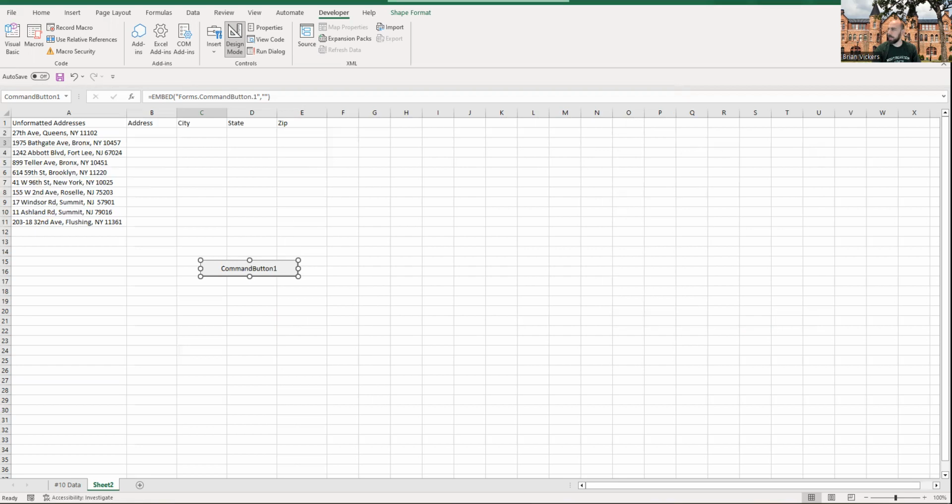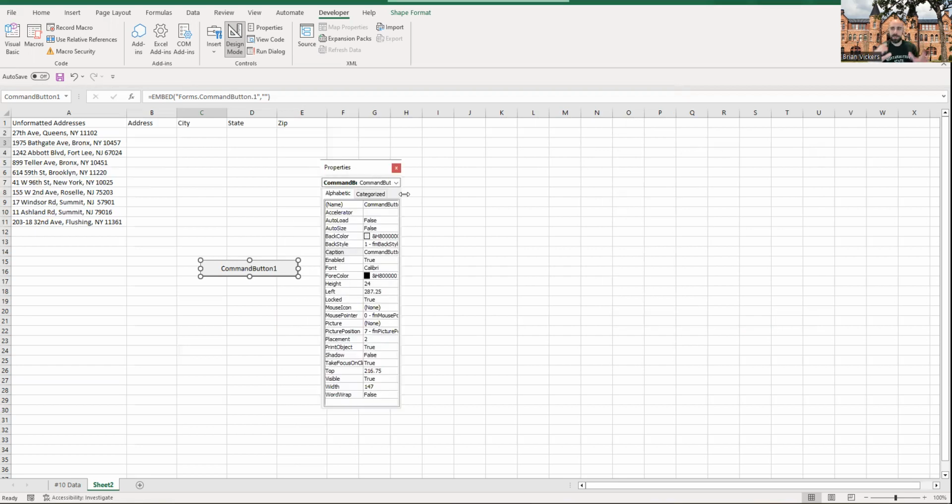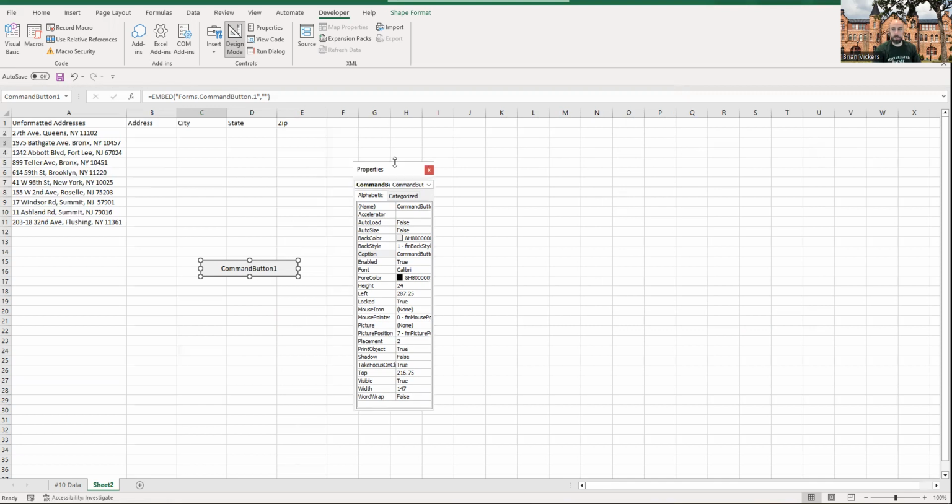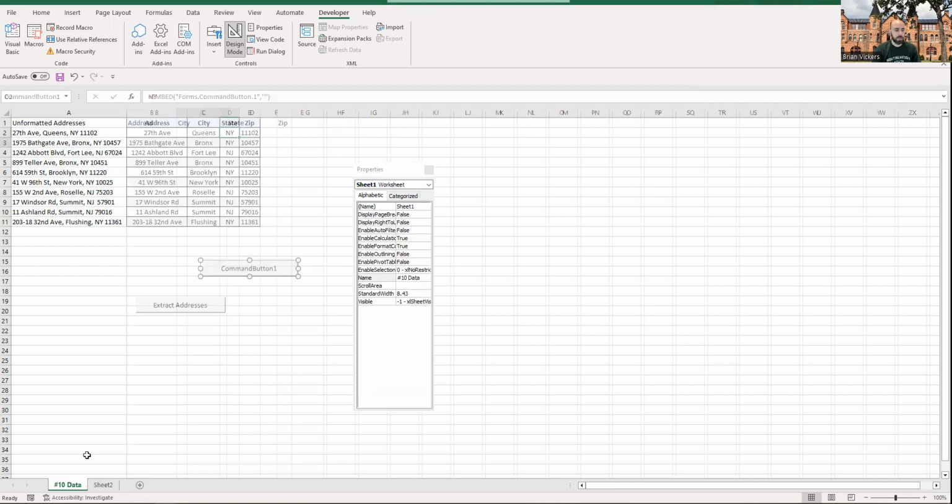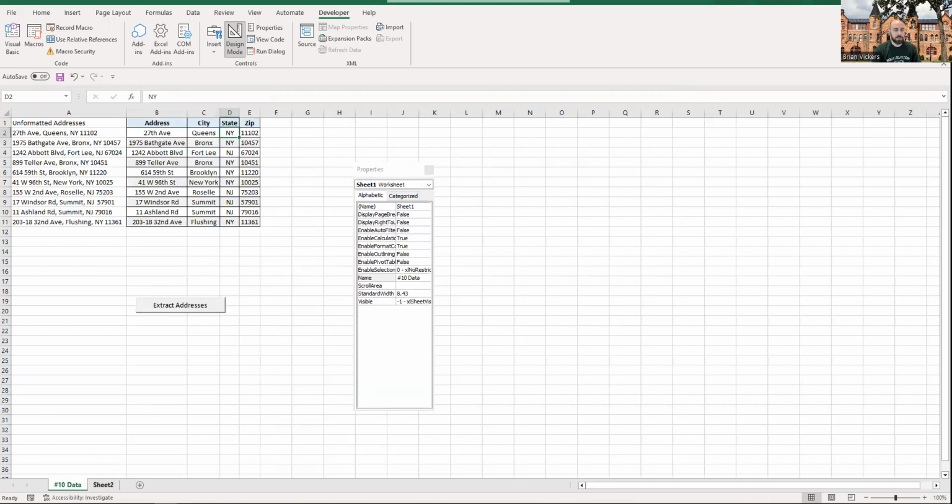When you do that, sometimes it doesn't open up in the right spot. It opens up on another screen, because I've got two monitors with Excel files. For some reason, it opened up on the other monitor, which is why I could not see it at first. In the properties, there's a bunch of stuff you do not want to mess with until you know more about it. But one here is called Caption, and that's basically the title of that button. We want that button, as you saw in number 10, to say Extract